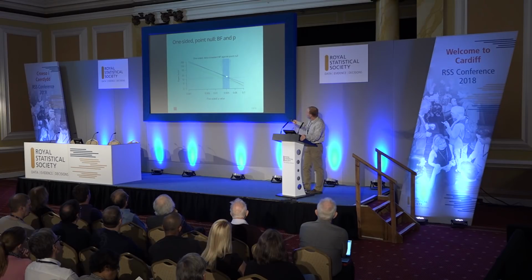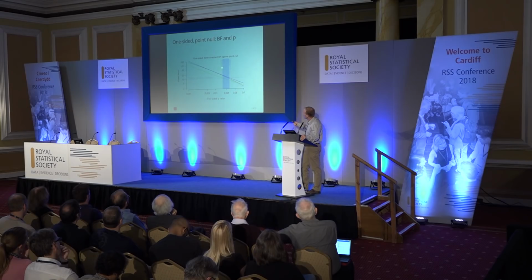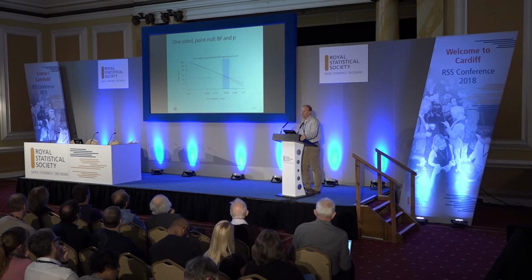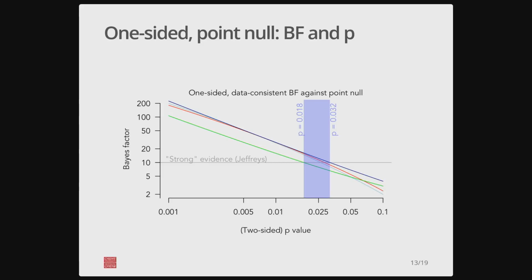So actually, for the bounds that they compute, once you correct things, you can get strong evidence from p-values of between about 0.02 and 0.03. Now this totally changes the game. Instead of talking about redefining statistical significance to 0.005, now we're sort of in shooting range of 0.05. And you've got to wonder if it's really the case that p-values between, say, 0.02 and 0.05 correspond to weak evidence. Can that really be the cause of the replication crisis? Because